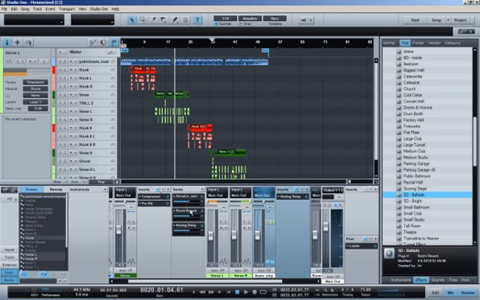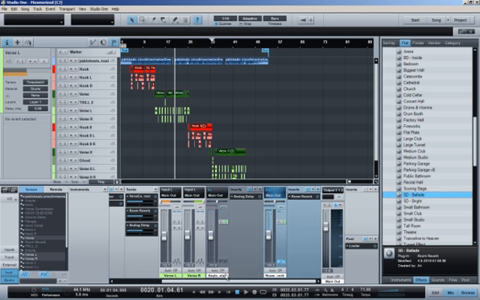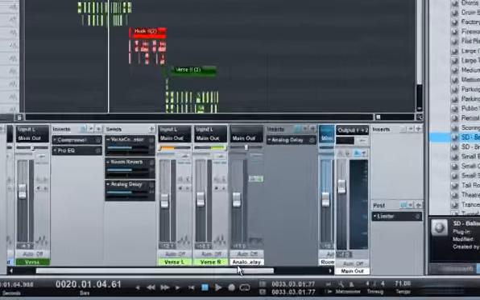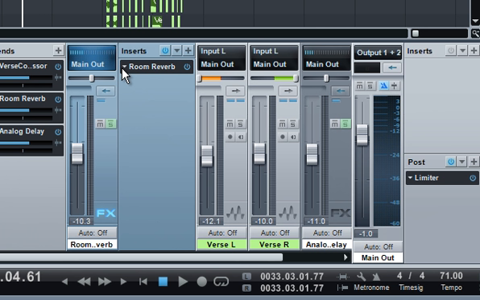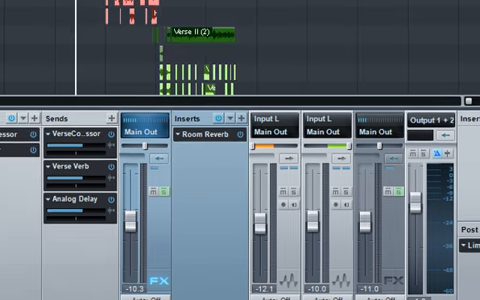Okay, so that wouldn't be there, but you would just drag this over here and you just drag it right there. You just put it right there, and when you drag it over, it would create this bus channel, which is this room reverb, and we'll just name this one verse. Okay, so this is the reverb that is for your verse,